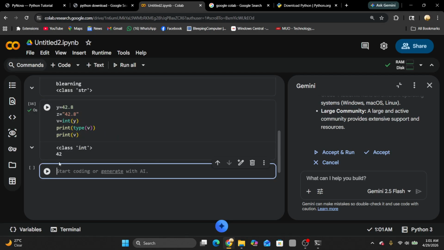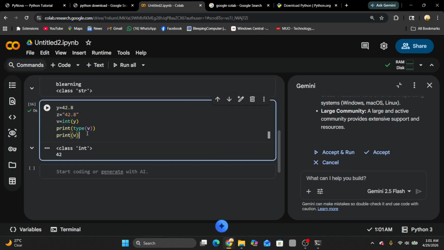And now just hit enter, and you can see the type of this v is integer. That means the type of v is an integer, because y is a float and I converted y to an integer. And now you can see the value of v, that is the integer of y. Y is a float, 42.8, but its integer version is 42. This is the lower side. Okay,